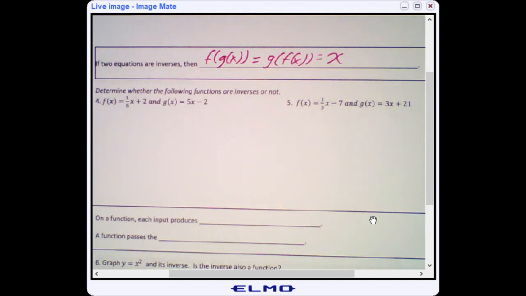So if I have f of x and g of x to determine